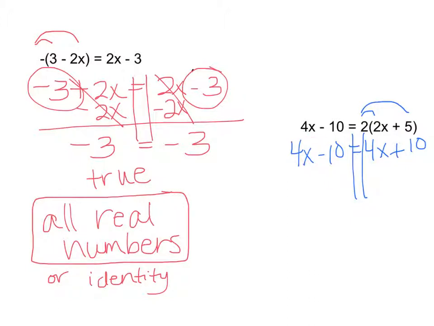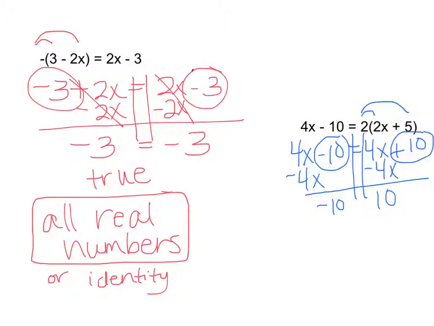Move variables all to one side. So I will take 4x away, and take it away from both sides to keep our equation balanced. And then this time what's left is a negative 10. And then over here, a positive 10. And this is not a true statement. This is actually a false statement. Negative 10 does not equal 10. Our variables have completely canceled, but we have a false statement. So our answer is no solution. There are no real solutions